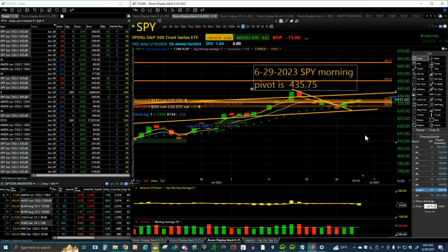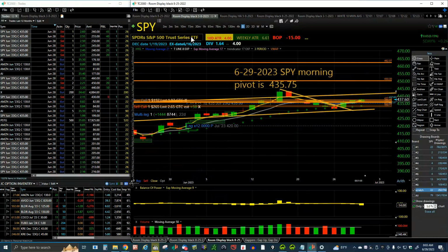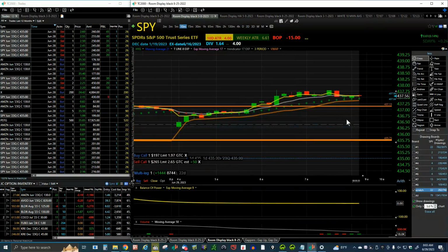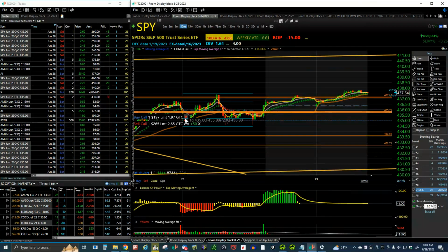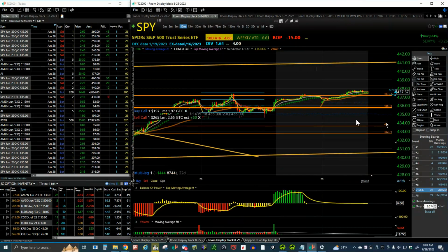How did I get that? Let's take a look. We go to the 10-minute chart. It's the same chart I use every time to determine where I want my pivot. I noticed that they're telling me this number is important because they touched it so many times throughout the day. They were on top of it, below it, and they slammed through it. So they're telling me that 435.75 is relevant to them